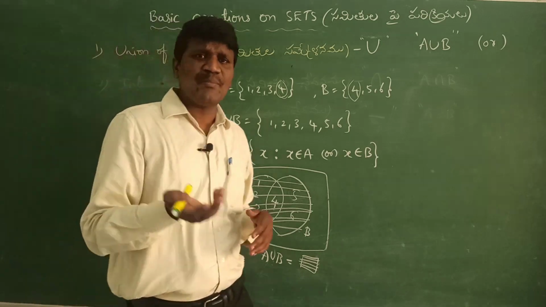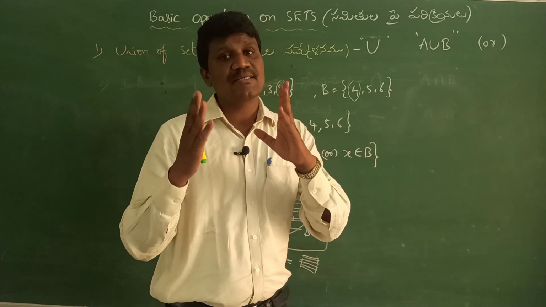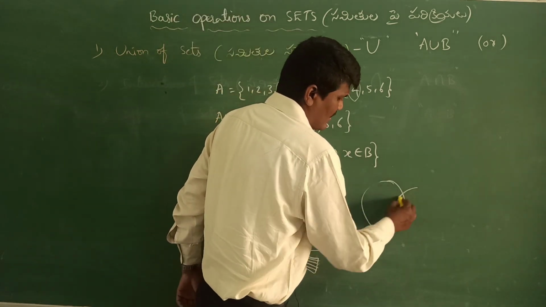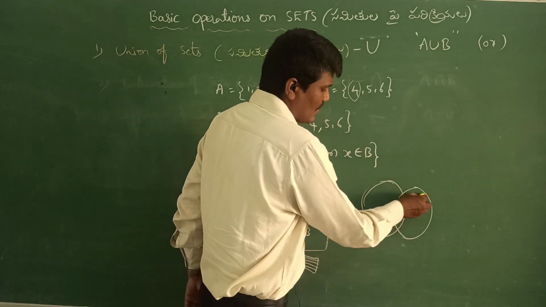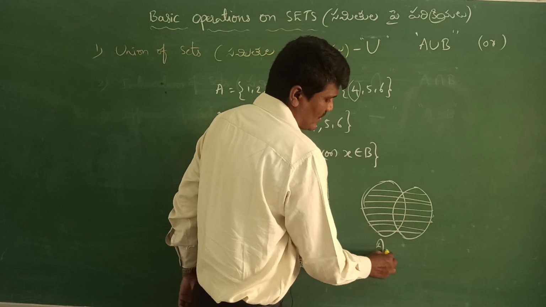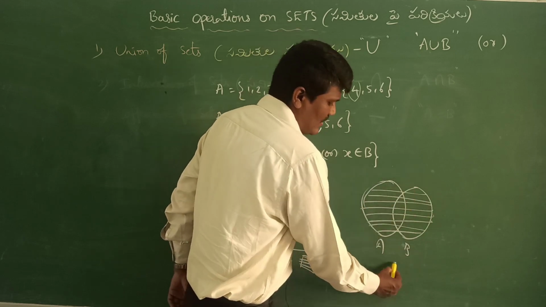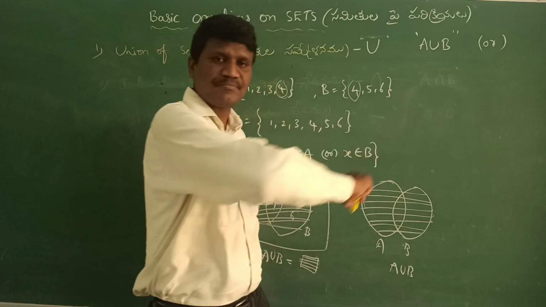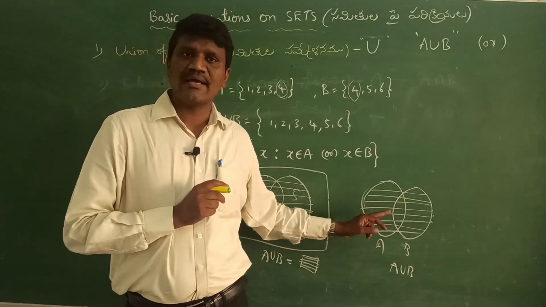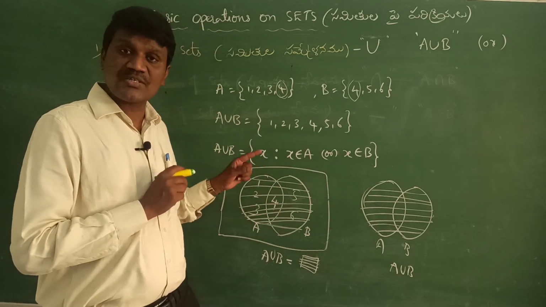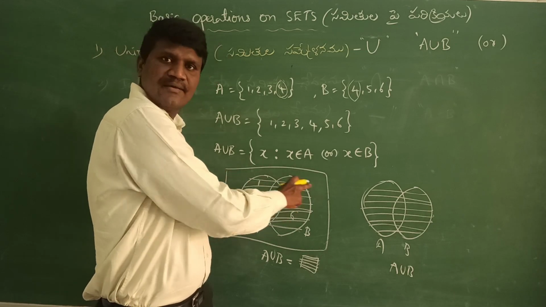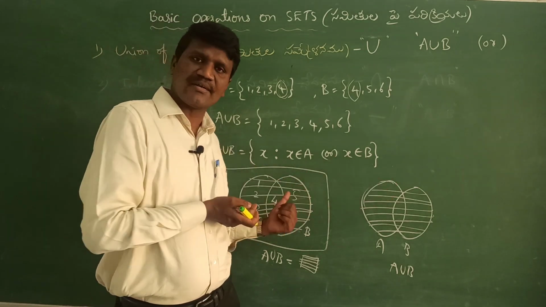If there are no elements, then also we can represent the union of two sets. How to represent that one is simply A and B. Combine these two. So this is A and this is B, and the total will be A union B. So this is with elements and this is without elements. If elements are given, first you need to write the elements, then you can shade. Anyway, shading is common in both cases, whether elements are there or not.